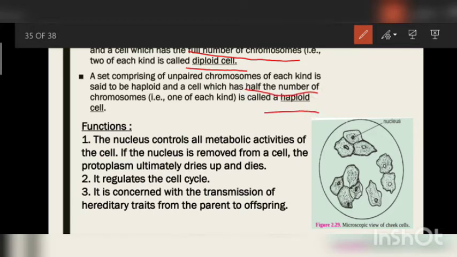Okay. So if you want some examples, diploid cells are those cells which contain the full number of chromosomes. Suppose your cheek cell, any other cell except your sex cells. These are called what? Somatic cells. All diploid cells are called somatic cells. And haploid cells are called sex cells. Sex cells means germ cells, and these germ cells participate in sexual reproduction. For example, sperm, for example, ovum. They are used in reproduction. So they are haploid cells, half the number of chromosomes.